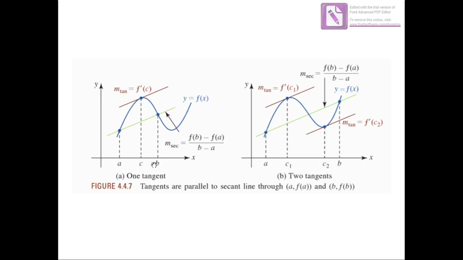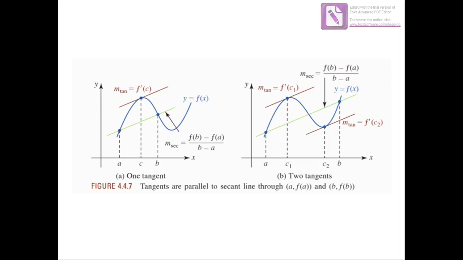يعني أحيانا يكون عندنا واحد tangent line يكون parallel للسيكنت، أحيانا يكون عندنا أكثر من line. هنا في الجراف الأول عندنا بس عند النقطة C، لكن في الجراف الثاني عندنا عند النقطة C1، نفس الشيء عندنا عند النقطة C2. يعني نفس الحالة لما قلنا في الرولز ثيرم، أحيانا تكون عندنا C واحدة، أحيانا تكون عندنا أكثر من